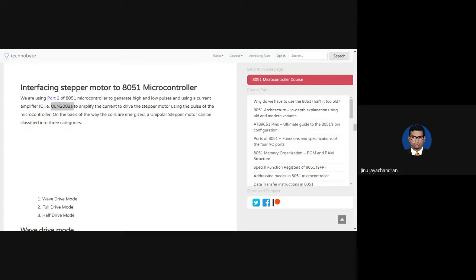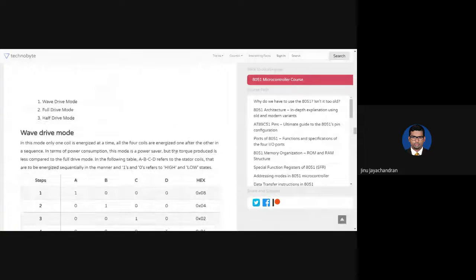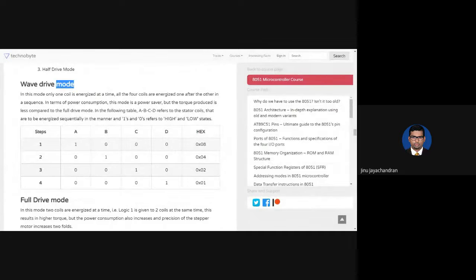So that now the IC will be powered with some voltage. Now the IC will make sure that the current which is driving this stepper motor at the C terminals is not from the controller, but is directly from the power supply. Otherwise, it will damage the microcontroller. So this is the main reason why we are using this ULN2003A or similar ICs. Okay, so you can check the datasheet of ULN2003A for more knowledge on this. Okay, now once you have connected everything, then you have something called a mode in stepper mode.